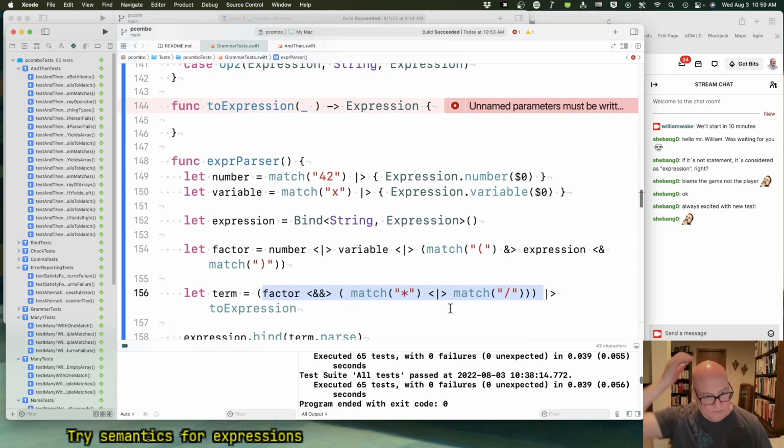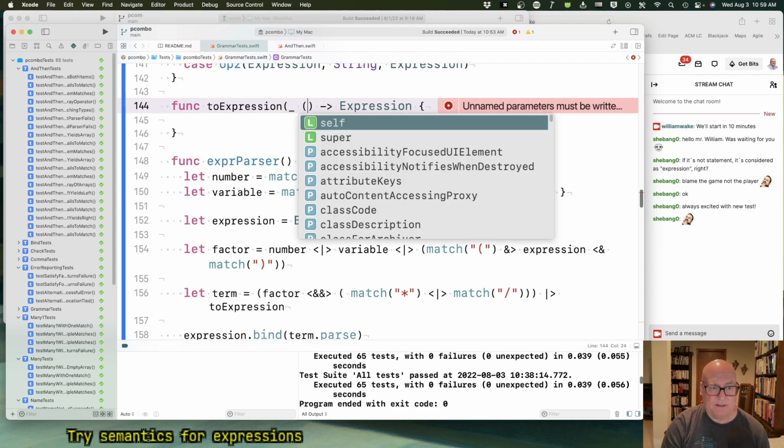And the result of that, I believe, should be a tuple of an expression, because it's a factor, which is an expression. I don't know if I can write it this way, but I'm going to say